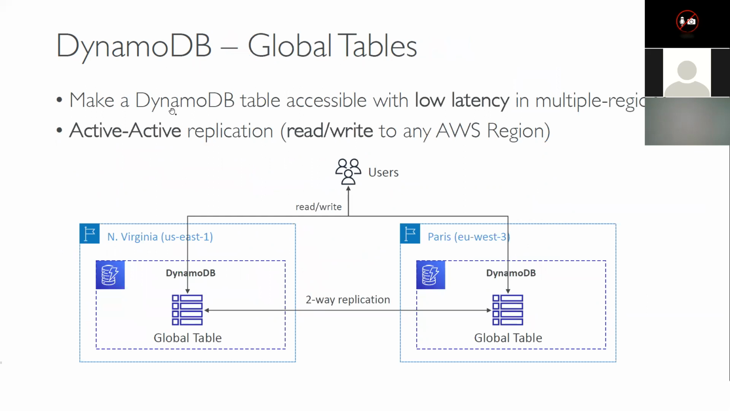DynamoDB global tables make a table accessible with low latency in different regions. Ito, North Virginia, tapos ito Paris. So if you're a resident of North Virginia, ang access mo ng database is not in Paris, obviously. You will be routed to the nearest edge location, which is North Virginia. So yung mga user naman na Paris, yung Paris